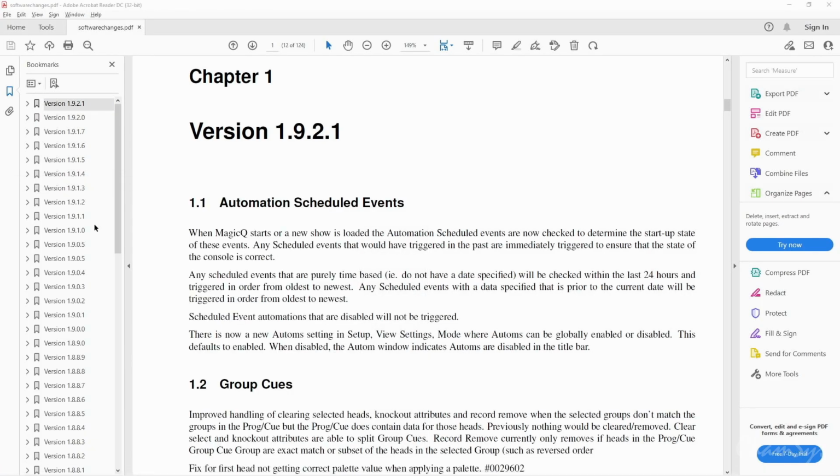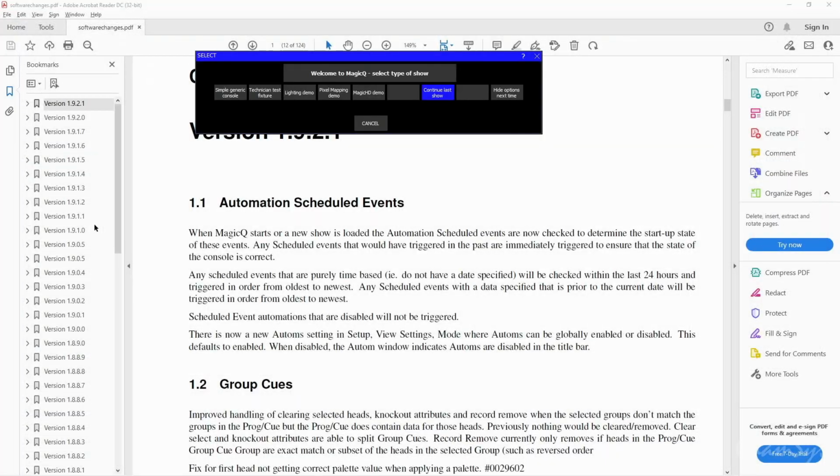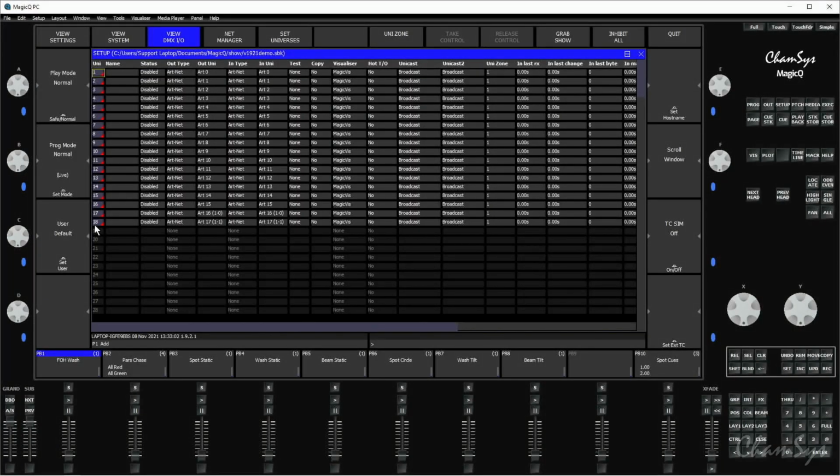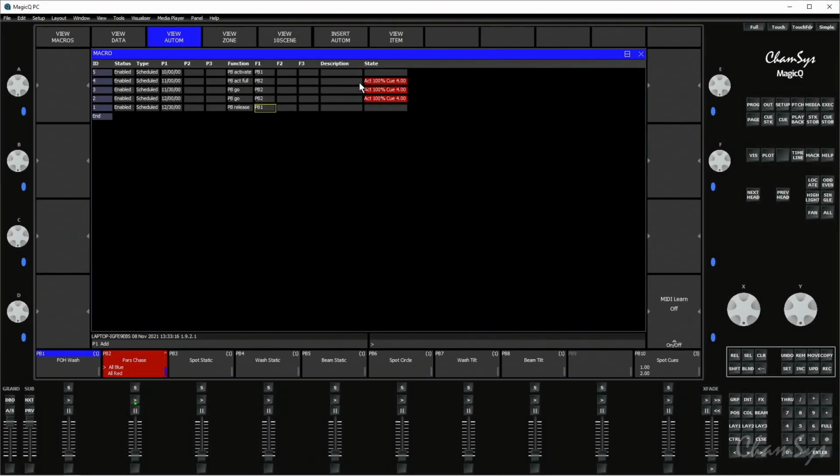like so, what we should find is it should look through my automations and it should determine which automations should be running. And you can see it's now activated playback 2 and it's bumped to the correct queue in there. Now note that playback 2 is a chase, which is why you're seeing it step through the queues at the moment. If I go to my macro automation window, you can see it's showing me these automations are active, and of course playback 1 is not active because it was set to release at 12:30,